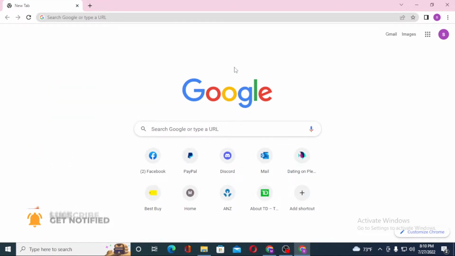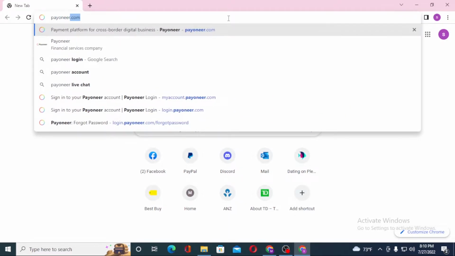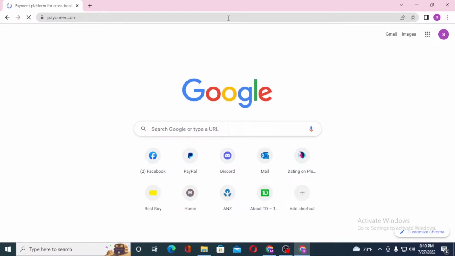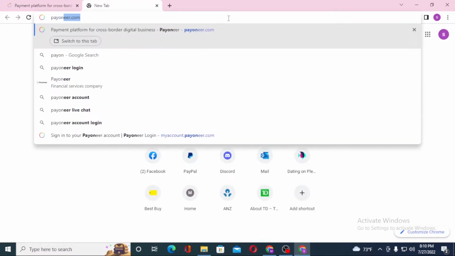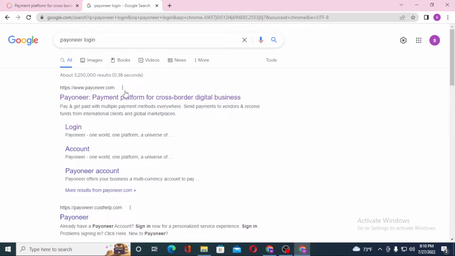Now to log into your Payoneer account from your computer, first open up your preferred browser, as I have already opened Google Chrome, and on the search bar click over there and type in payoneer.com like this and hit enter, or you can just simply search for Payoneer login like this on Google and hit enter. And on the first result of Google, you can see payoneer.com over here. Click on there,